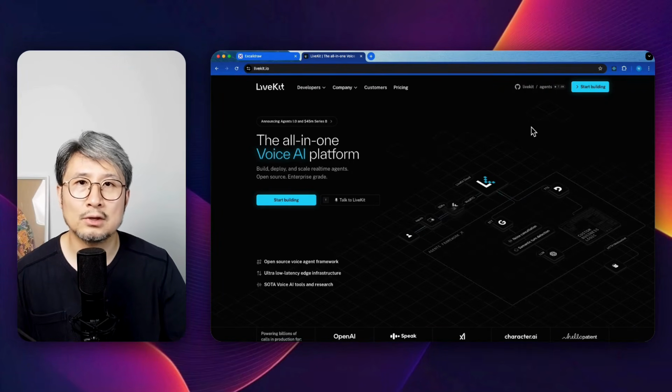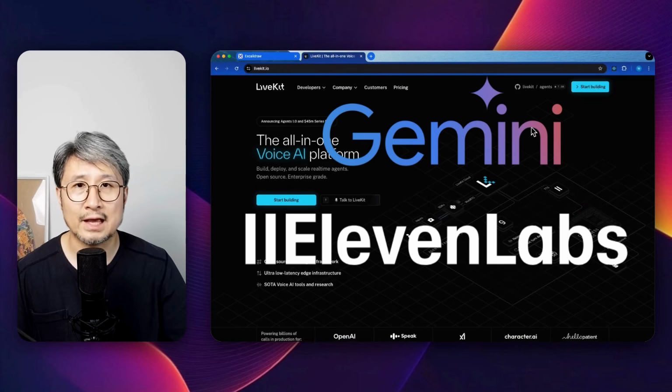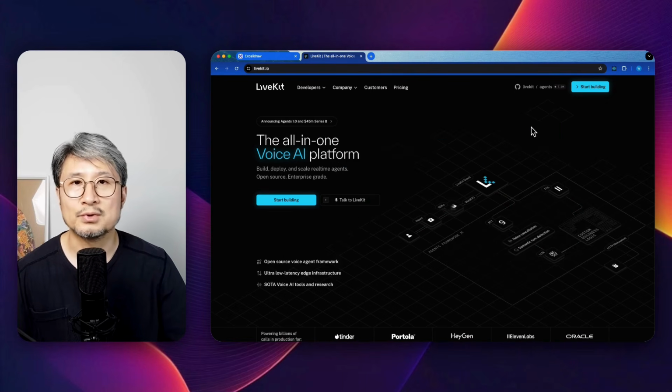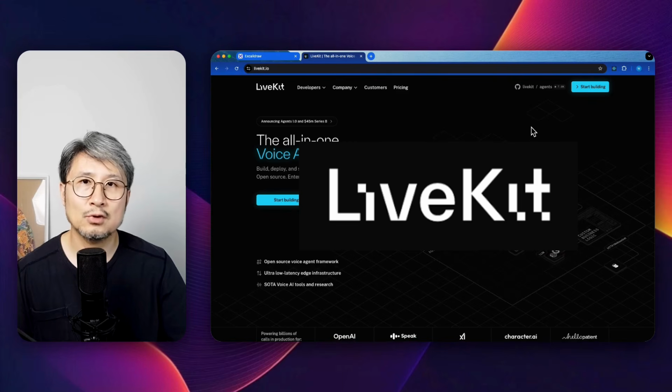We've explored a lot of multimodal live application development, from using the Gemini Live API to open source libraries and even commercial solutions like 11 Labs. So building an AI agent that can see and hear what you are sharing and what you're talking about is always much easier than you might think. Before we build any agents today, let's look at a framework called LiveKit, which makes all these implementations